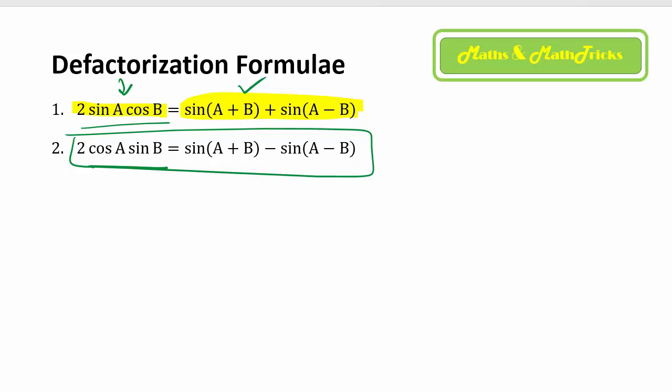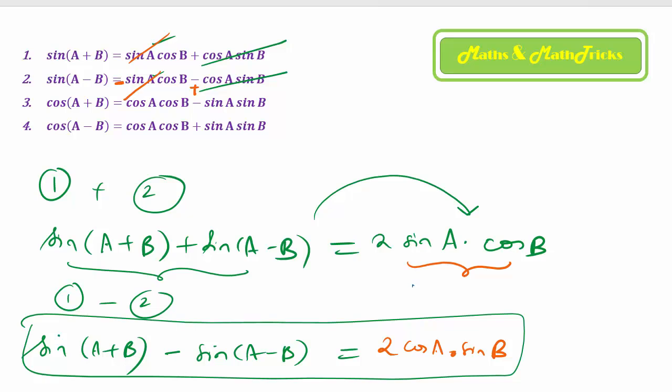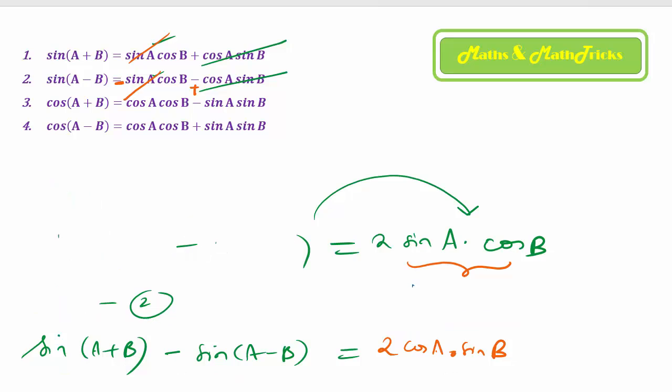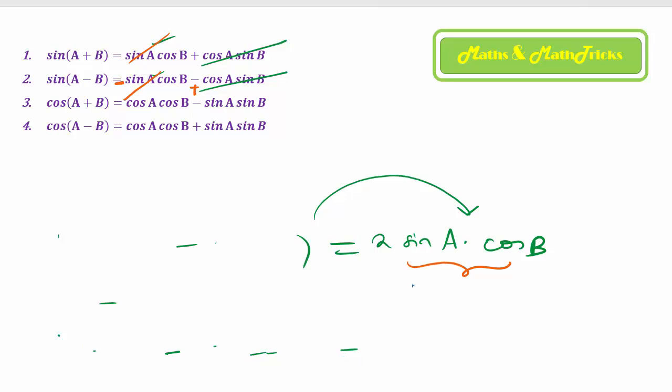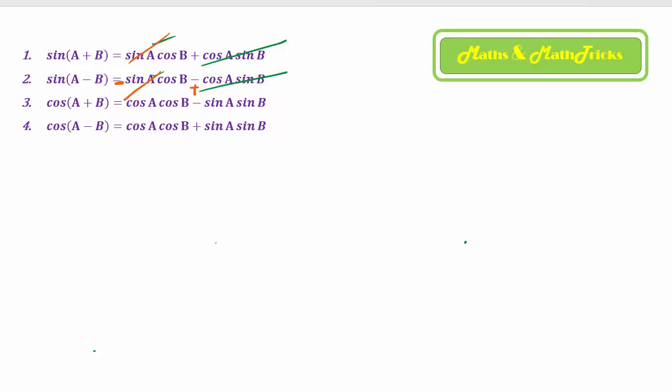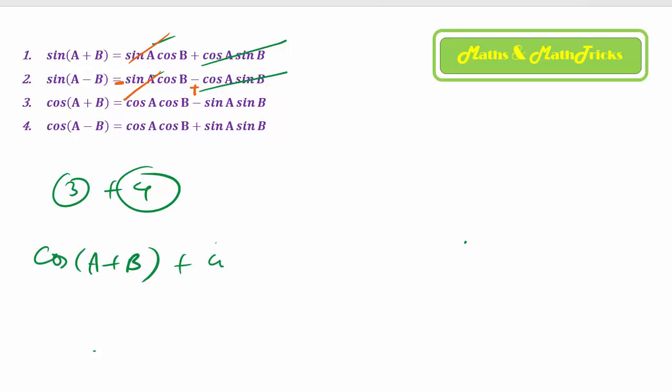Now coming back onto the compound angle formula for cos. Now let us talk about the formula number 3 and 4. You know very well that 3 and 4 are the formulae which you call compound angle formulae for cosine function, isn't it? So if you try to add 3 and 4, what is the result? You see, when you try to add cos of a plus b with cos of a minus b, you would get the simplification, thereby cancelling the second term in the formula, getting the first term twice. So 2 times cos a cos b always results to cos of a plus b plus cos of a minus b.